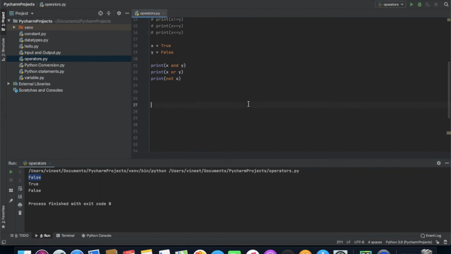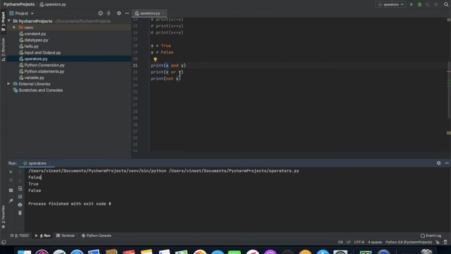In AND functionality there is a format. If two values are true, then it is true. If one value is false, then it will be false. If there is true false, then it will be false. If there is false true, then it will be false. If there is false false, then it will be false. Both the values should be true in an AND condition for it to be true. So here it is false because y is false and x is true. Both values are not true, that's why it is giving false.